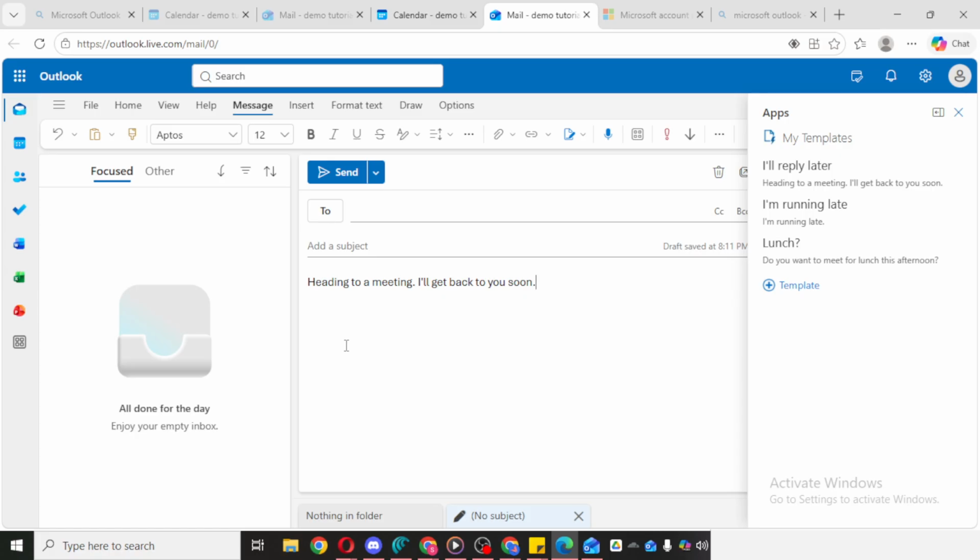It's a quick and practical feature that can make your email routine much more efficient, especially if you handle repetitive communication throughout the day. The more you use templates, the easier it becomes to stay consistent and save time while still keeping your